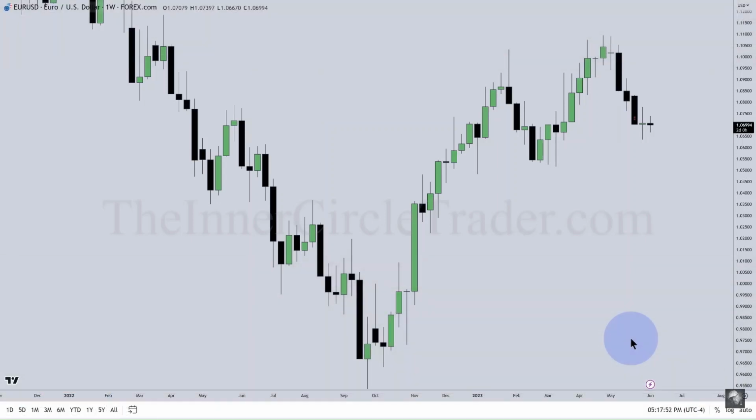Here's EUR/USD. This is its weekly chart. All of this price action back and forth in here, even though there's sell side liquidity resting below this, it's being met with high resistance. So high resistance liquidity runs, they can still deliver and go below here, but high resistance liquidity runs are very